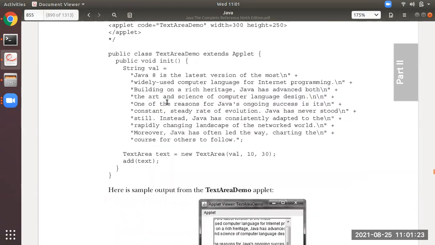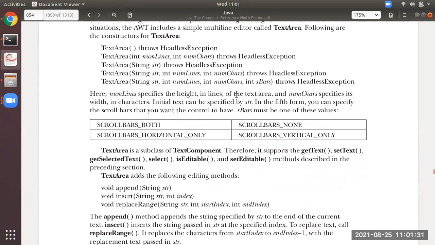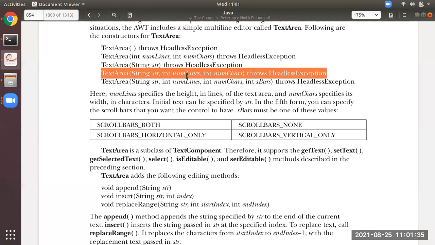Just see here in this program which one it is using. It is using the constructor with three parameters: String str, numLines, numChars. numLines means how many lines you can have, numChars how many characters you can have, that you can specify with this.